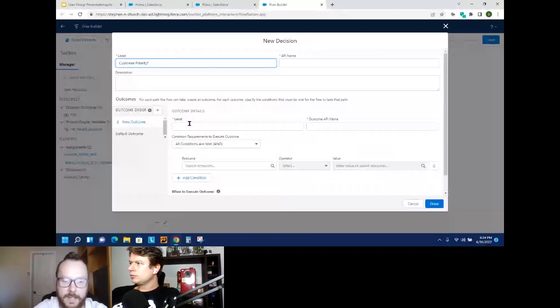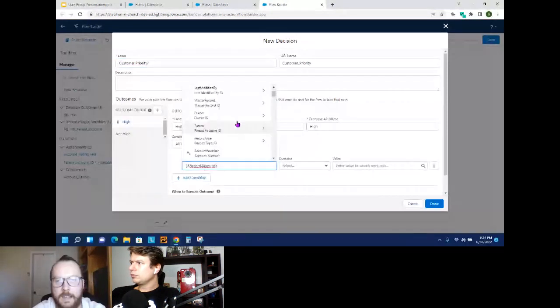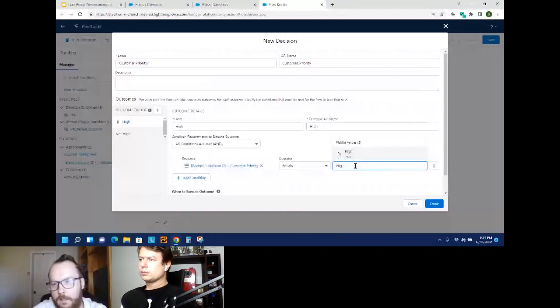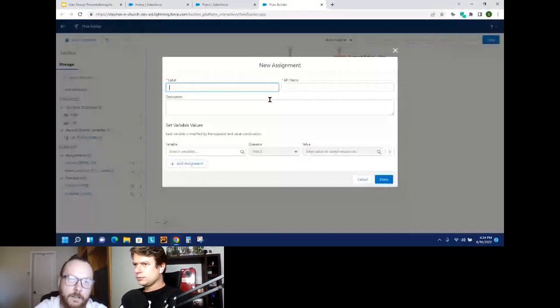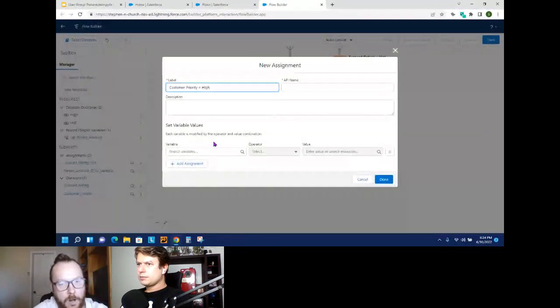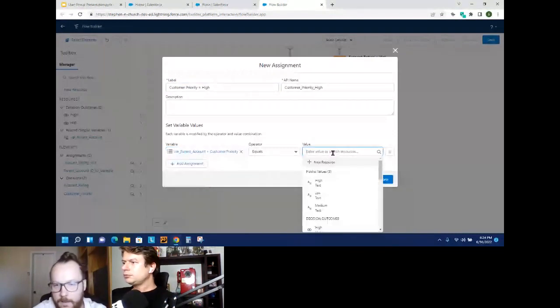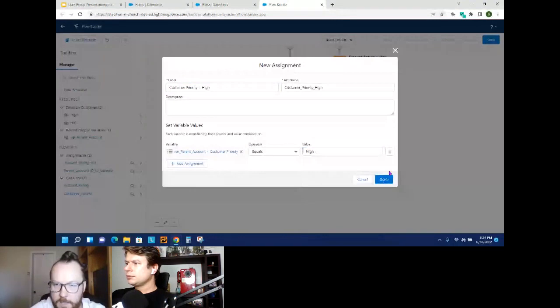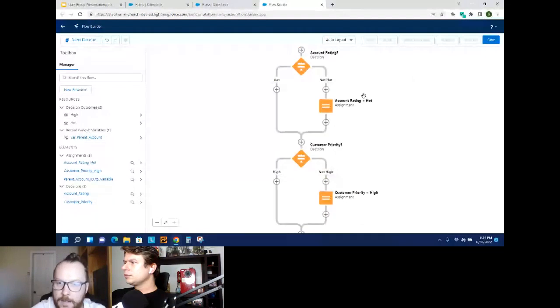And so again, I would check $record, go to the account, and then go to the customer priority, equals high. So very similar to the last one. And if it's not high, similar to the last one, we want to set it to high. So we'll go back to our parent account record variable, customer priority equals high. So this is basically assigning the ID to a variable and assigning the rating if needed and the customer priority